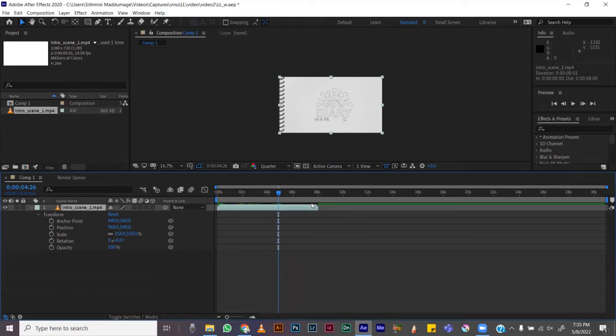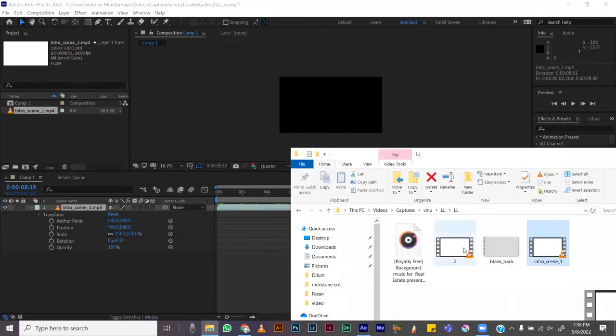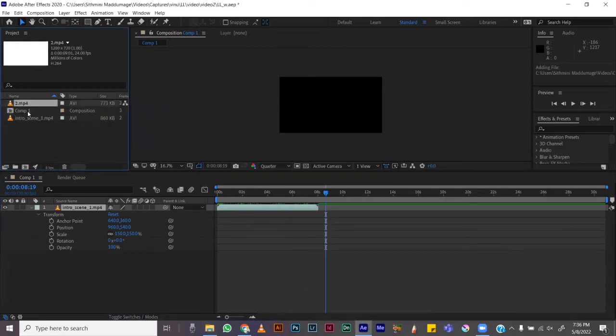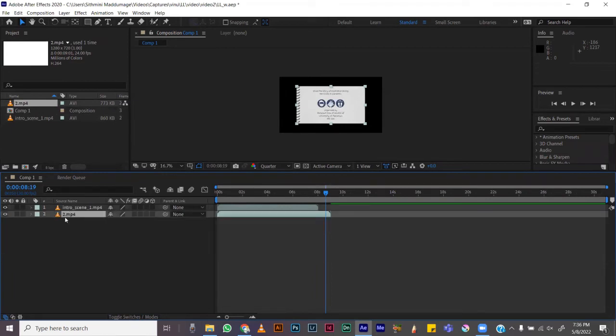Then we'll see how to add another. A transition happens from one component to another component, right? We have the first component ready, and after this first component is over, it goes back to black because there's nothing else to be played. So we'll have to add the next component to transition to. We'll add the second component similarly to this project, and then from the project we'll add it to the composition. One thing I have to tell is the composition order: